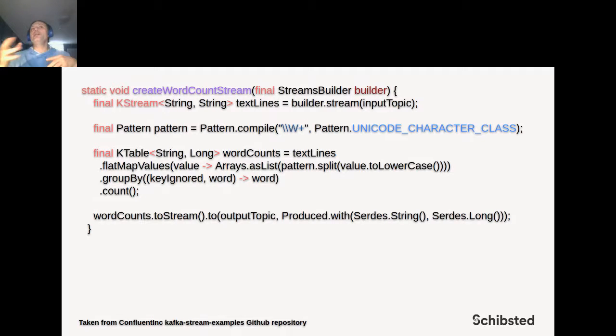So what we are doing here is basically take a line, split it into an array. For each element, separate the word, then group them and count how many of those we get. The final step